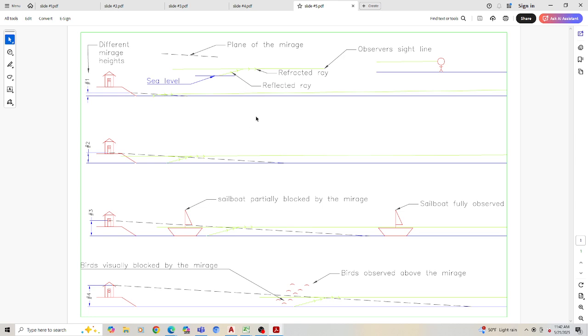So we do have from this drawing the plane of mirage. That's the dotted line I have just pointed out at the different heights. We have the basics that I communicated as far as the path of light. On each of these, the bottom line would be the sea level. That is the water level. On a flat plane, that is the sea level. And obviously, what I'm describing here is from the standpoint that we are on a flat plane, and water is conforming to